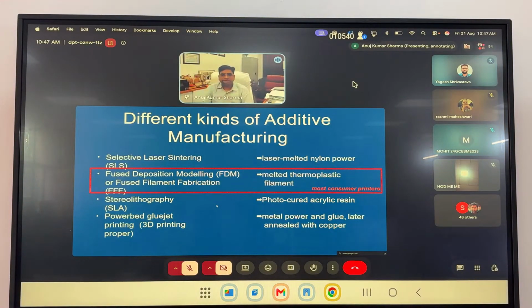These are the different types of additive manufacturing processes, like selective laser sintering as well as stereolithography, SLA, powder binder jet printing, and 3D printing with the laser, like the nylon powder, which is SLS, and then we melt the plastic filaments with the help of that